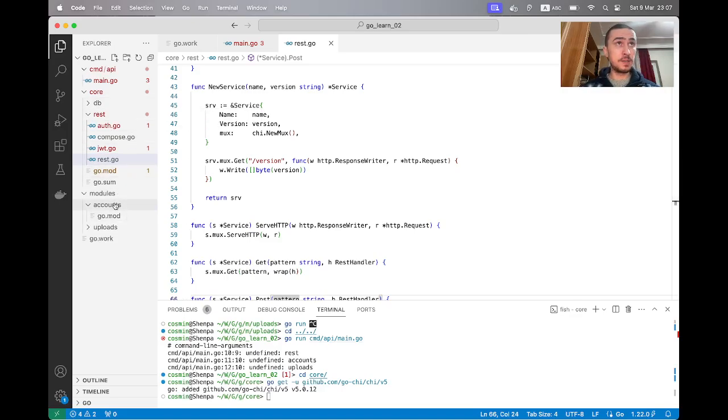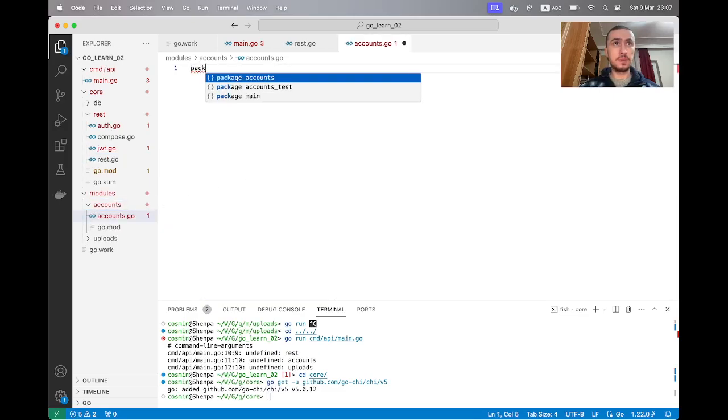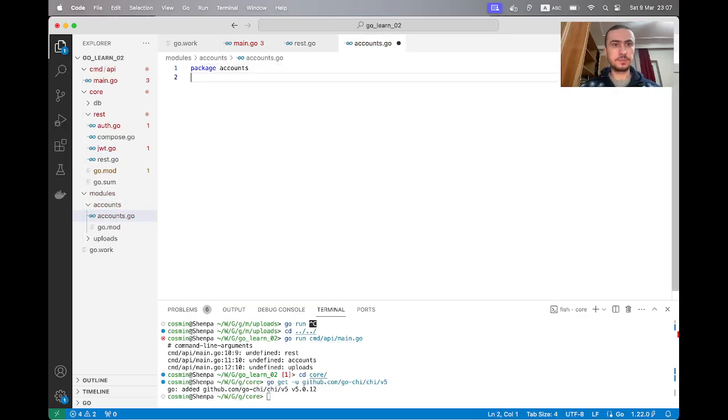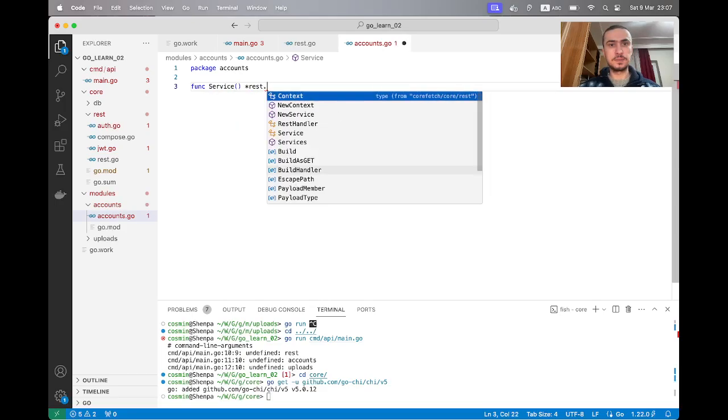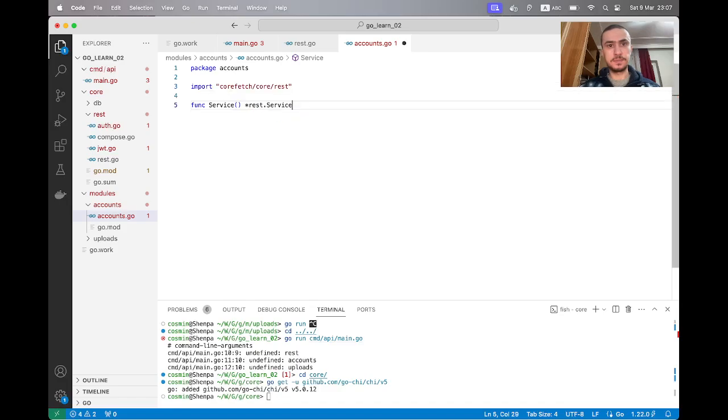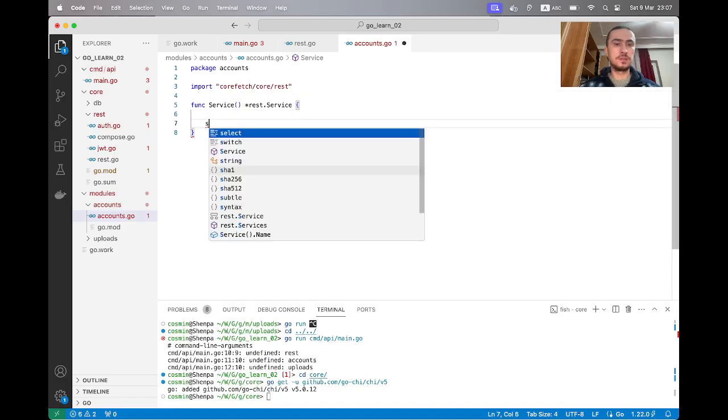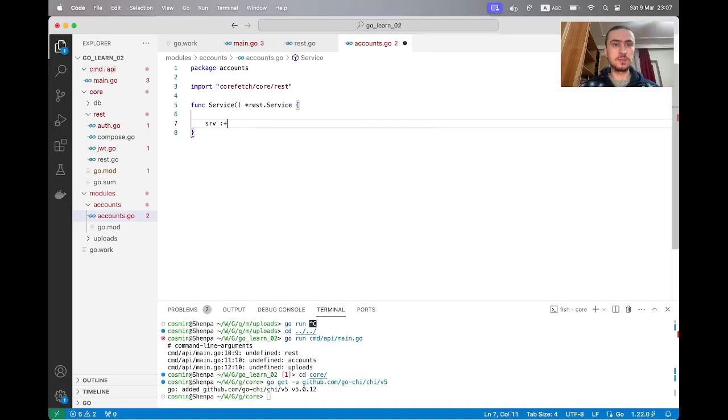So we define main file, or let's say accounts, package accounts, and we implement service function. And this goes like follows: service rest new service accounts